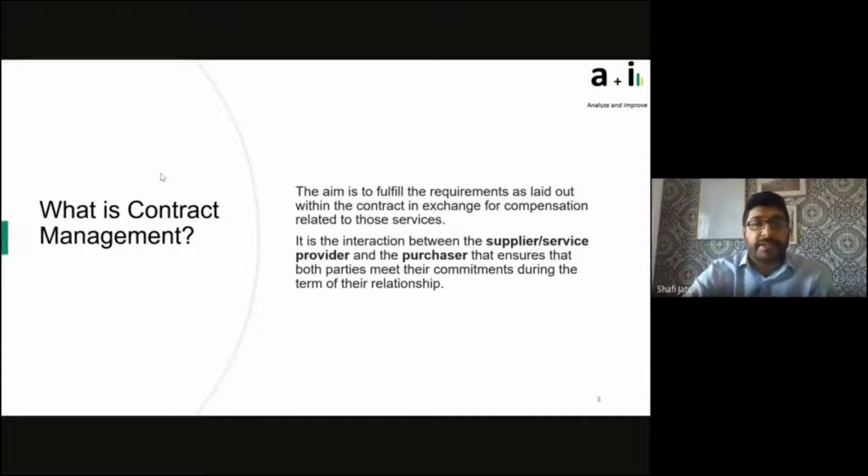And now it's time to manage that contract to ensure that the services that you went out for an award are actually completed as per your expectations. And this is essentially where this function comes in, the role of this function.